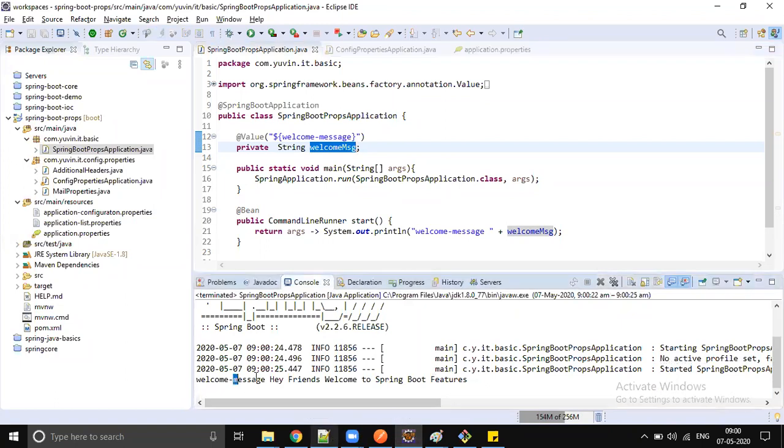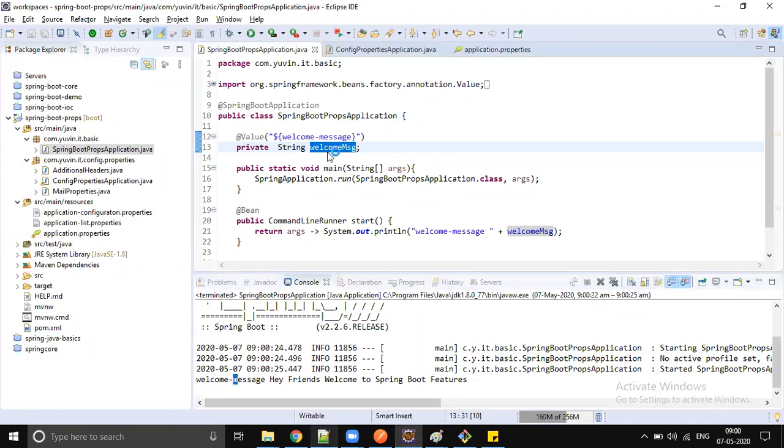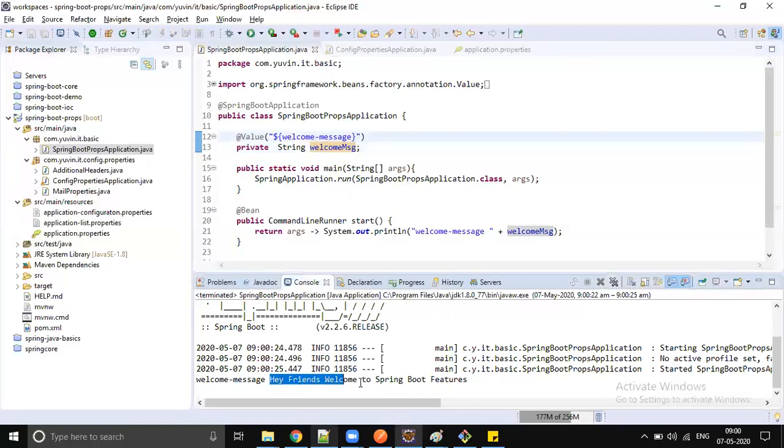It's working, so we need to pass this as a string parameter instead of a hyphen. Now the new message is getting printed.